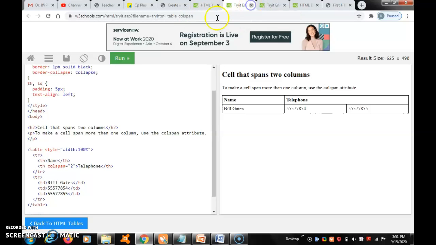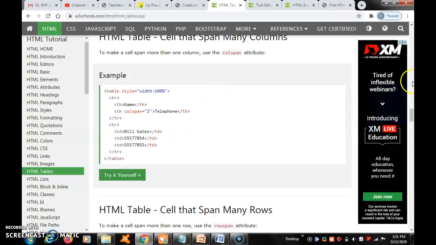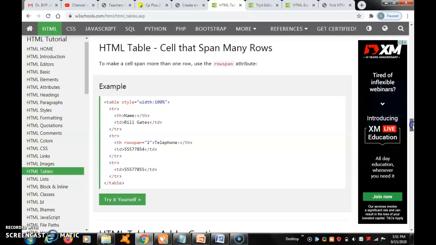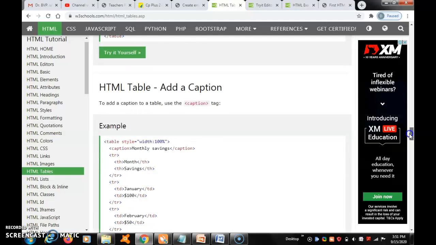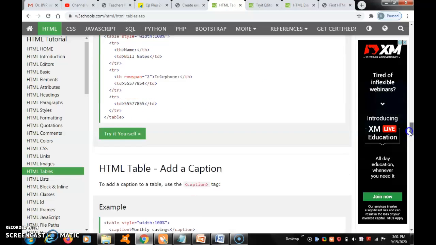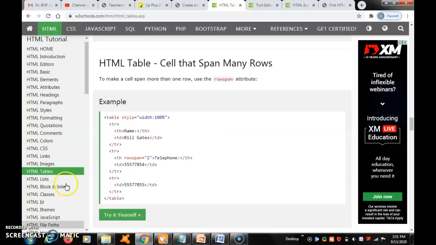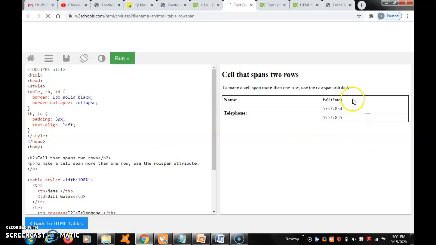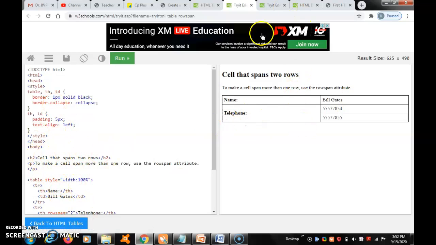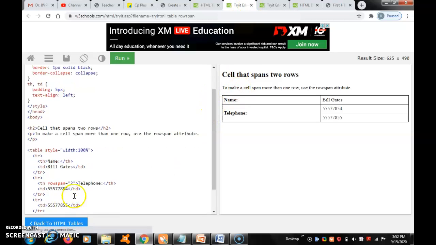Okay, that's all. Other formats include center alignment, add captions, and spanning many rows. If you want many rows, that is what we are going to do. Bill Gates has 2 phone numbers, so it is merged for the phone number. Likewise you can code with small changes only. What is the major change here?